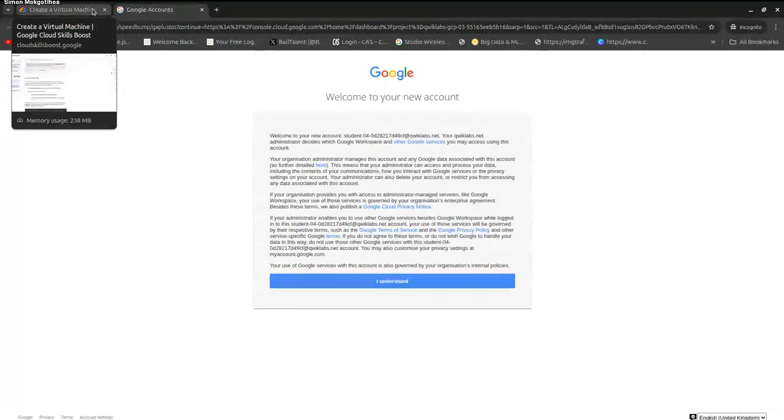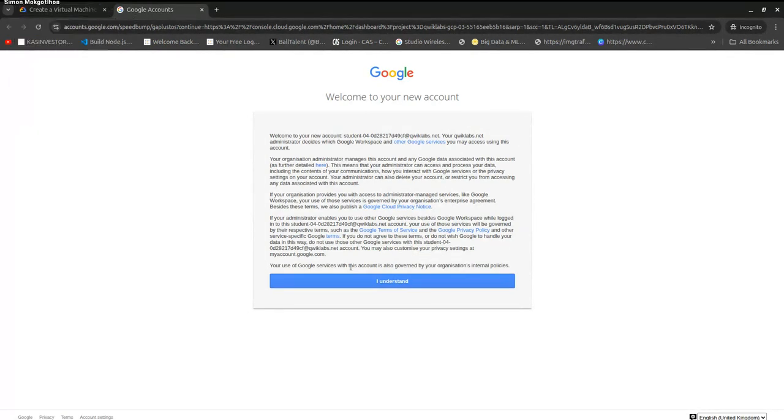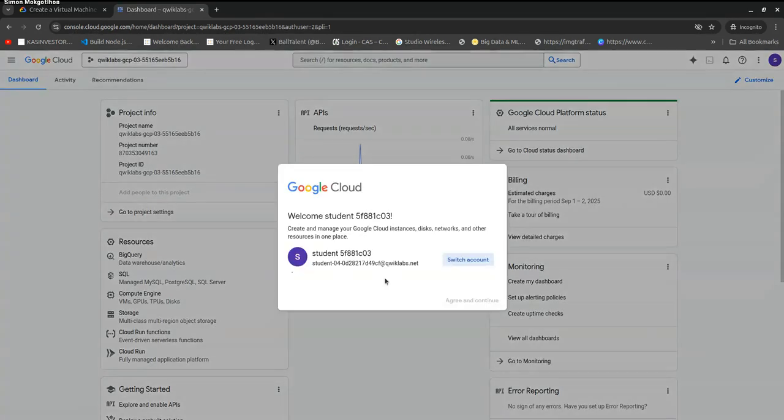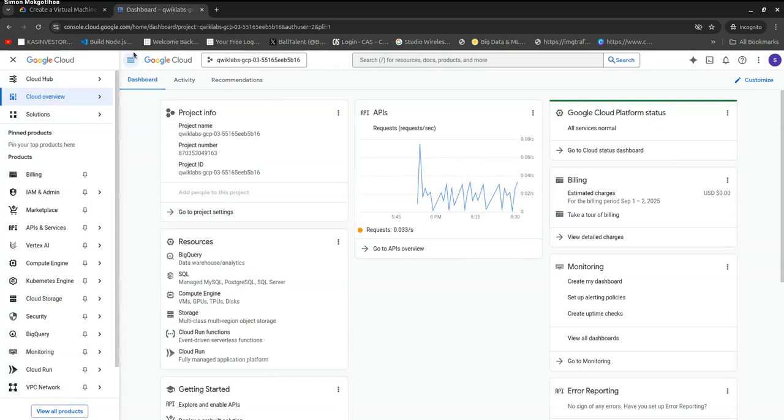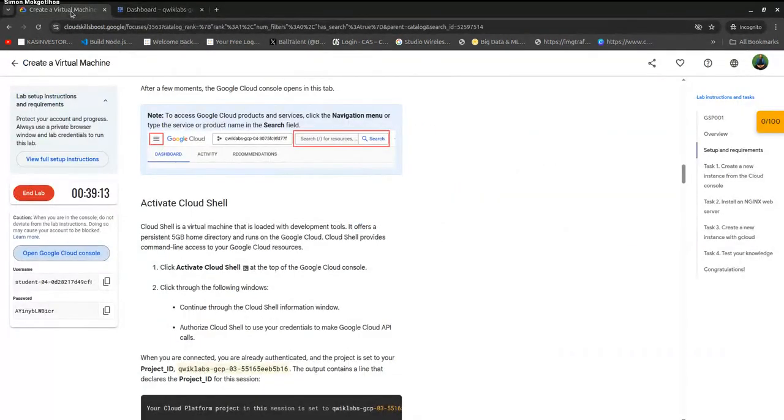The reason for this is so that this account that you'll be using for the lab doesn't conflict with your main Gmail account or main Google account. Now, this is for billing purposes, right? So you don't want to start building test environments only to be charged actual money when you're just learning how to build a service on GCP. Okay, let me quickly share that screen so that we can start with our lab.